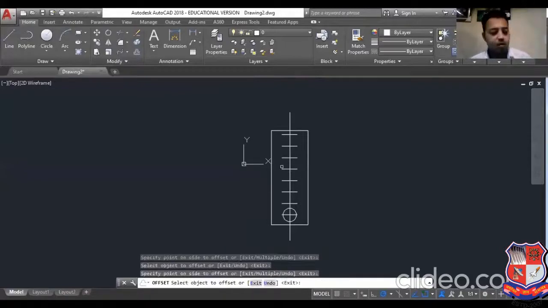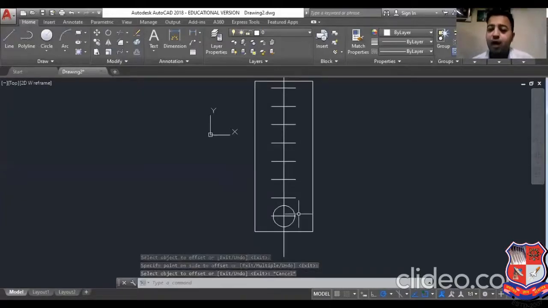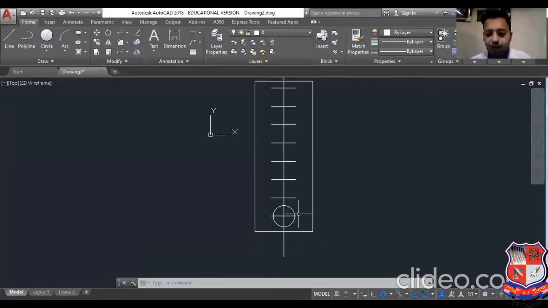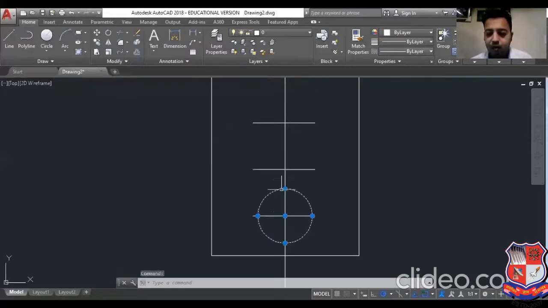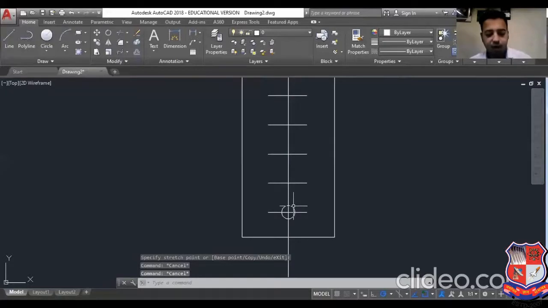Okay, so escape. You can also make this line or circle with a copy command, but you have to enter the distance every time in the command prompt. So this is the easiest method. And now I can make a copy of this circle at a regular interval, because I know the copy command: CO, enter, and select the object, enter.